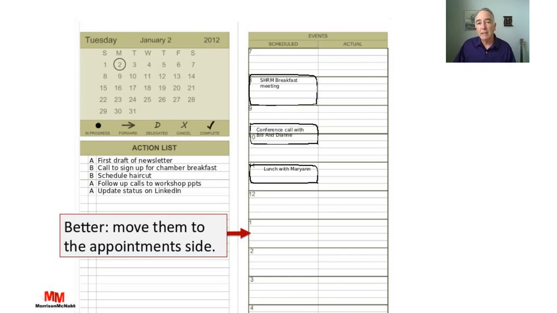If you put times on them, you're deepening that commitment. Okay, not only did I make a promise to do the first draft of my newsletter, but I'm going to do it at noon, right? While I'm eating lunch or whatever. But I'm going to do it at noon. So you're making the commitment a little bit more. You're putting more teeth into it. So that's a better way to do it.